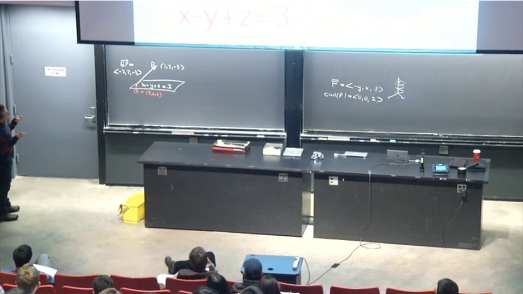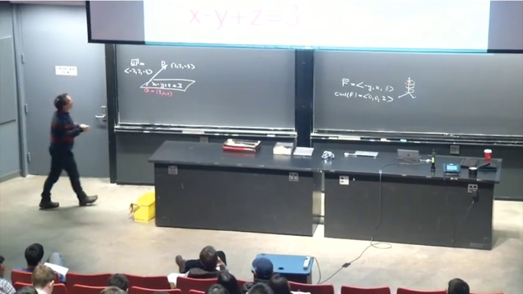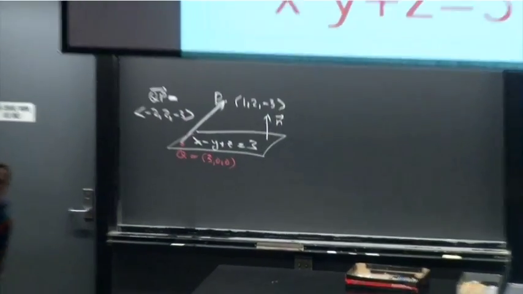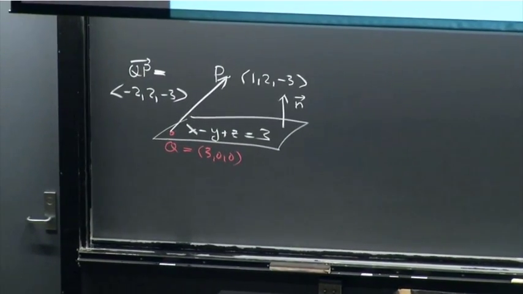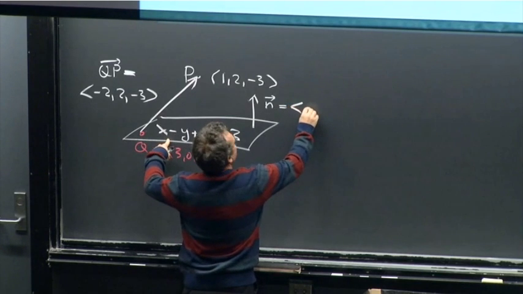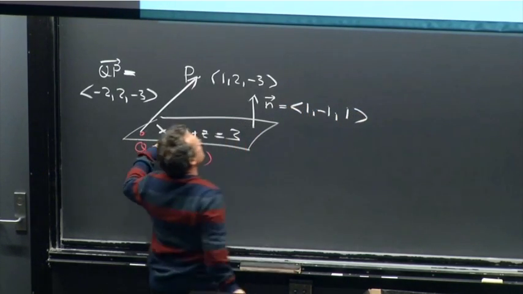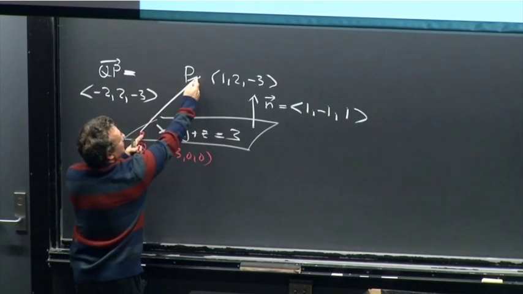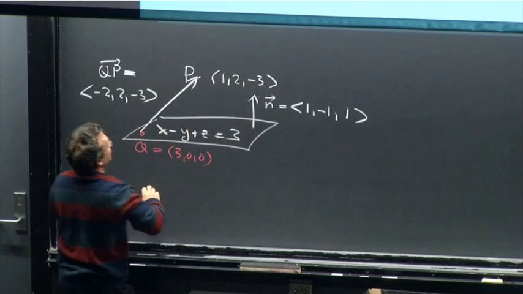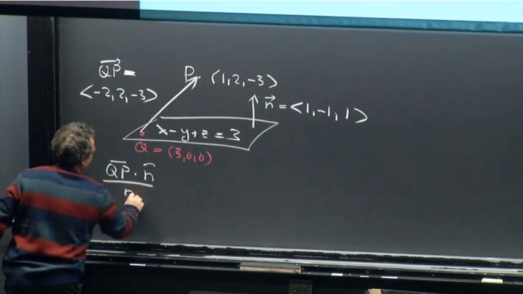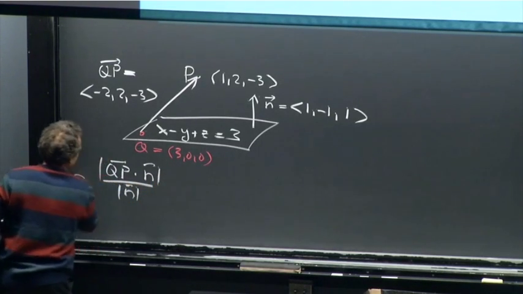You remember that for the distance between a point and a plane, we also had the vector n, which is normal to it. And we remember, if we see a plane in a parametrization, then we can find the normal vector immediately. So the normal vector is 1, minus 1, 1. Then we know what the formula is. We can also think about projecting this onto this, if you like projections. It's qp dotted with n over the length of n. And so that's the distance.